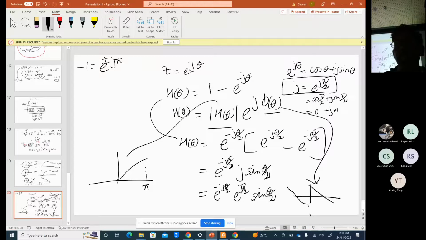Likewise. Okay. So here you should remember this is an even function, and this phase response is an odd function. Okay. So that's how you find the magnitude and phase response. So when you find magnitude and phase response, be careful on this j term. And also when you have this part becomes minus, then you should be careful, for example,